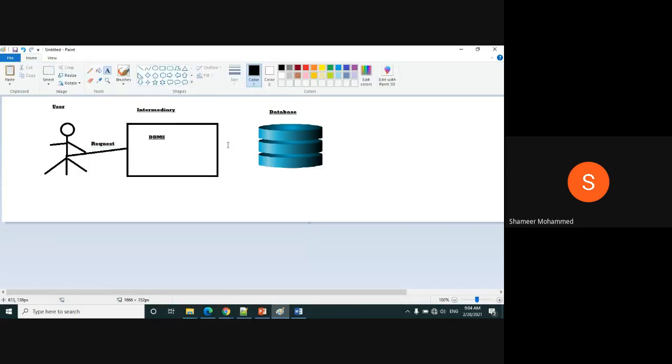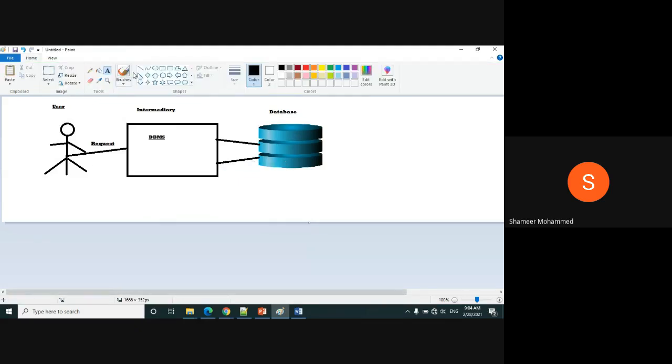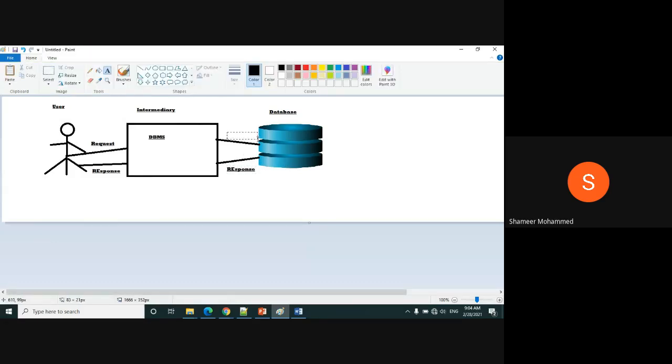So this request will go to the database. Then that database will search and it will give you the reply, the response. This is your request.